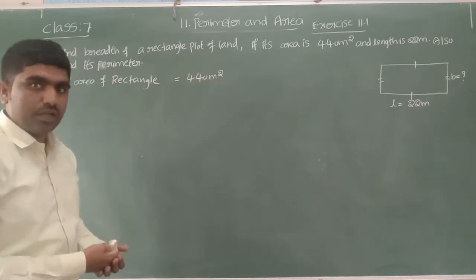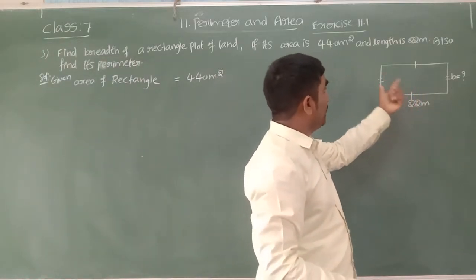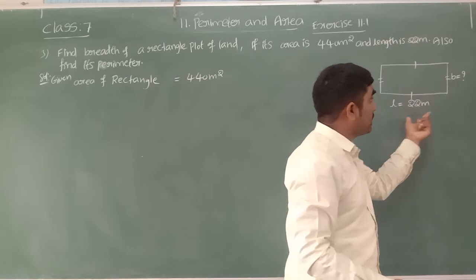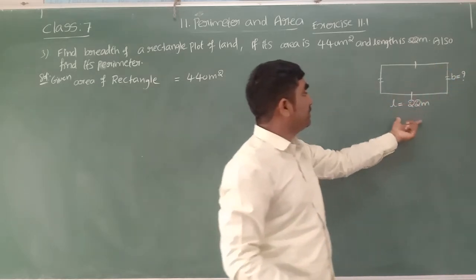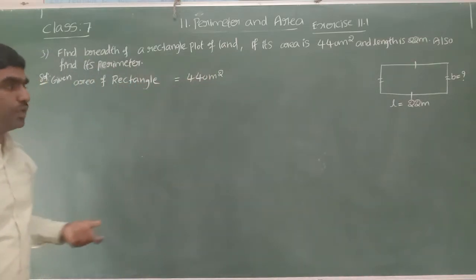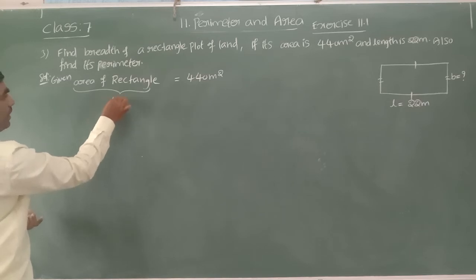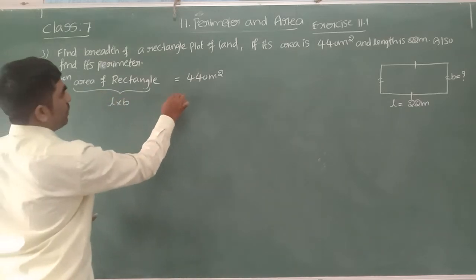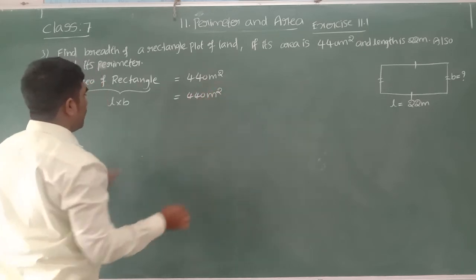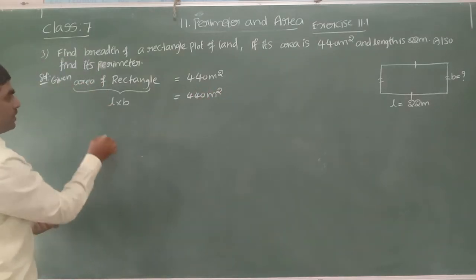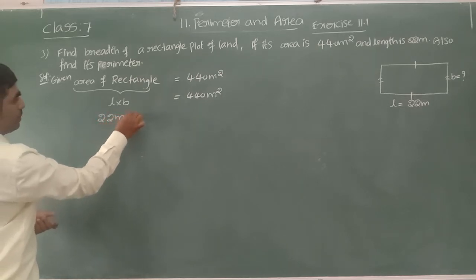Like that you can break the question into pieces first, then you think about the solution. The question is about a rectangle, so I took the figure of a rectangle. He gave the length as 22 meters and asked us to find the breadth. To find the breadth, he gave the length and its area. We already know the area of a rectangle formula, which is length into breadth, equal to 440 square meters. We know the value of length, which is 22 meters. In the place of length, you can write 22 meters into breadth.